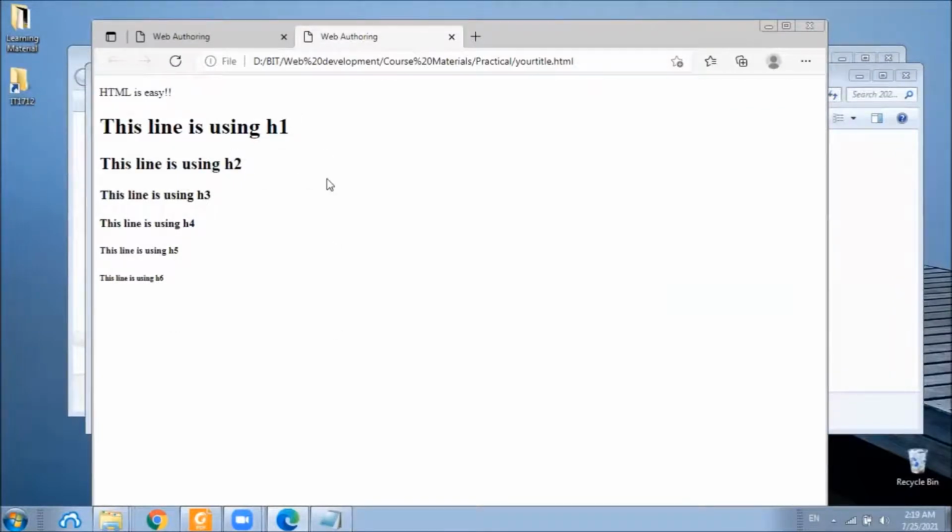Now we can see there are 6 heading elements under this paragraph, and clearly heading 1 has the biggest font size, followed by heading 2, followed by heading 3, and finally heading 6.